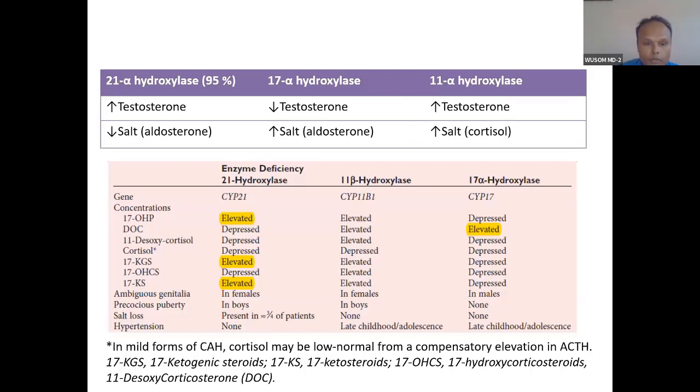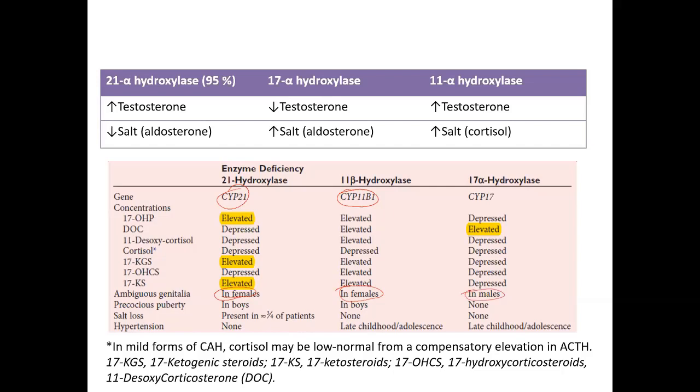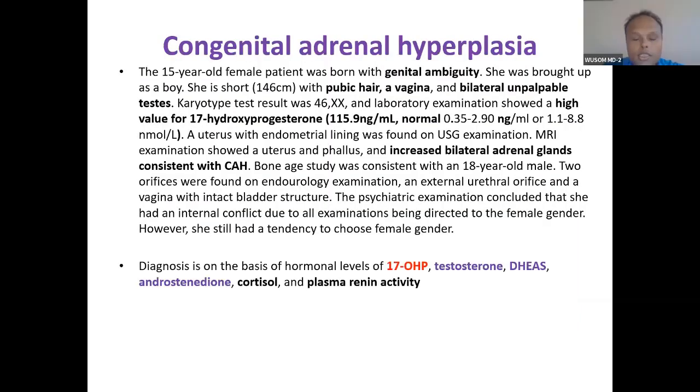We have to differentiate between this and 11, because ambiguous genitalia in a female happens when testosterone-like hormone is high. When androgen is high, only then does ambiguous genitalia happen in a female. The opposite is true: when testosterone is not there, a boy will have ambiguous genitalia. So you understood this differentiation, why it is 21 hydroxylase deficiency.